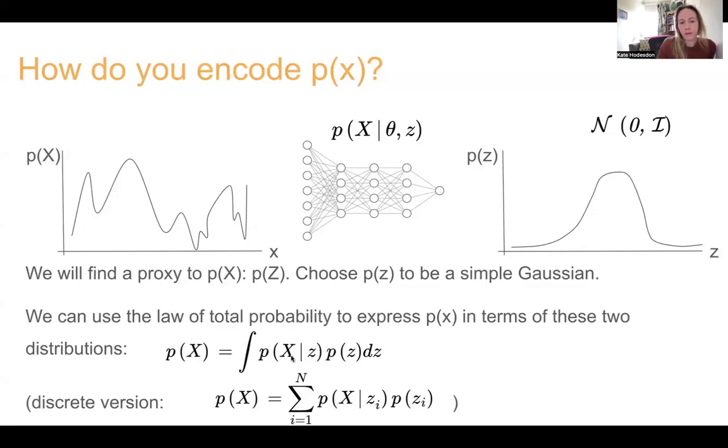Suppose that you had access to this conditional probability distribution, probability of X given Z, then you could use this as a mapping that takes Zs to X's. We actually learn this conditional probability as a neural network that encodes the probability of X conditional on Z. So here, I've added this additional parameter theta just to indicate that this is a model that's learned as a neural network with parameterization theta that we will need to learn through an optimization process, which can be gradient descent.